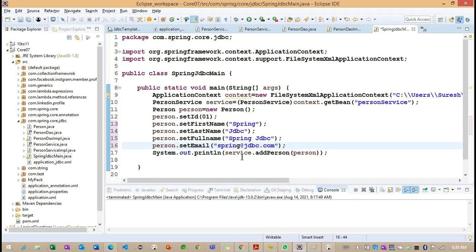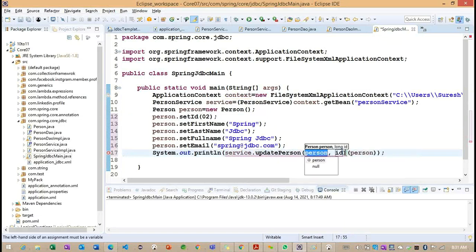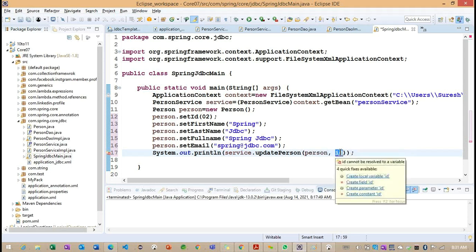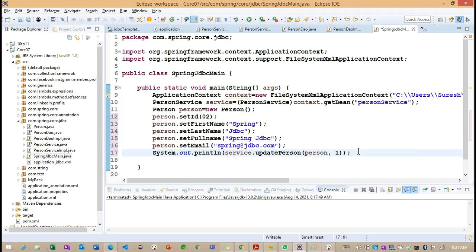But here, what we are doing here, first we'll go for the person we created. Instead of add person, update person I'm going to call. ID, I'm going to update 1. Observe, ID I'm trying to give because only one record we are having in the database, and with the second ID I'm going to update here.